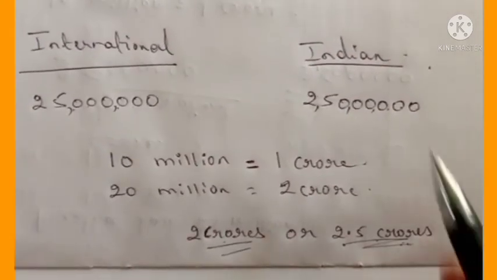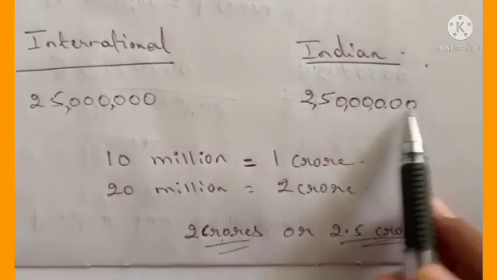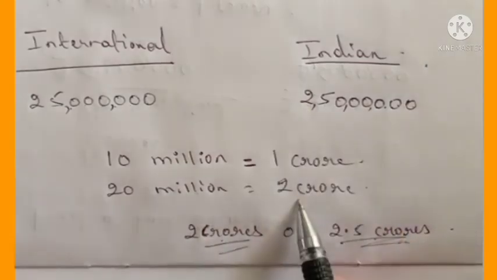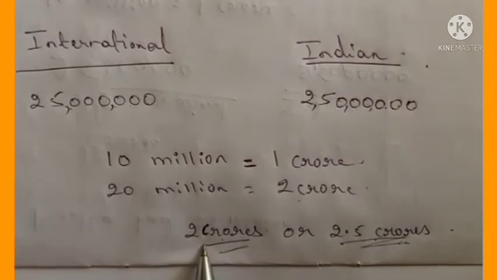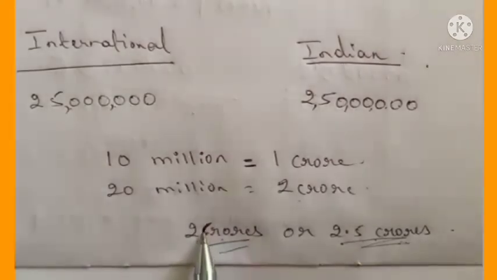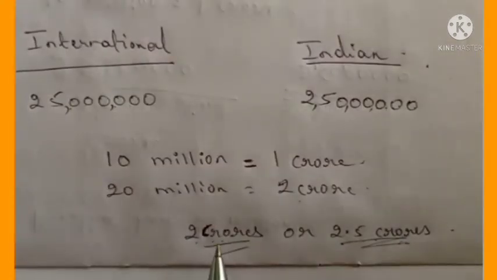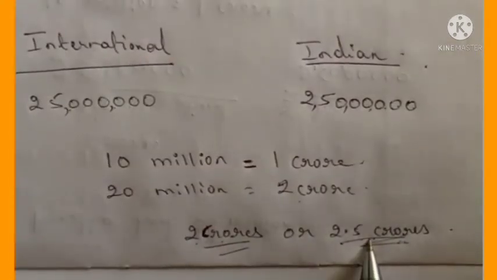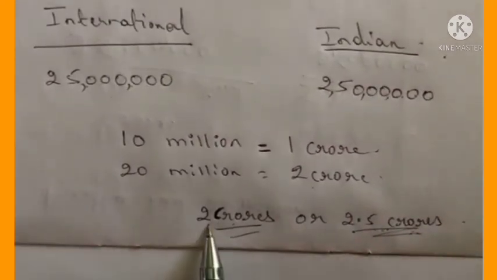Understood now? See here, ones, tens, 100,000, 10,000, lakh, 10 lakh. So this will become 50 lakh and this is crore. So 2 crore 50 lakh. So 2.5 crore you can write, or else 2 crores only you can write. 50 lakh you can leave it because we did not consider here in the crore. Okay, 50 lakh we have not considered here in crores, but here we have considered 2.5 crore. Okay, understood now, children? This you can write or else this you can write as the answer.